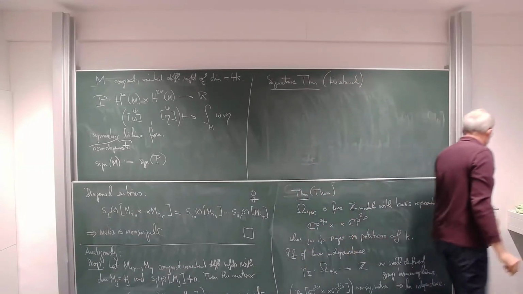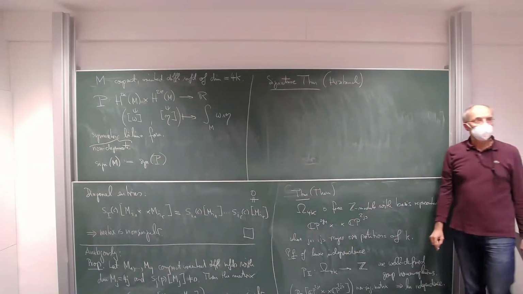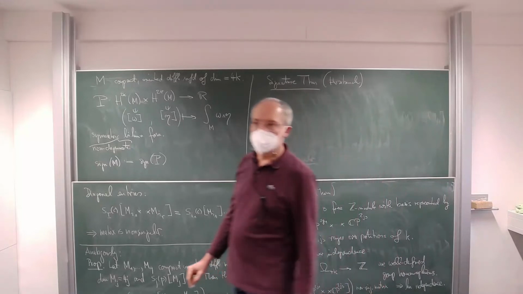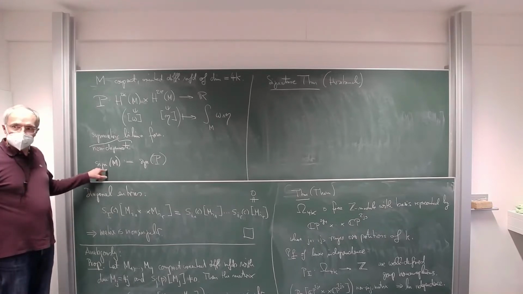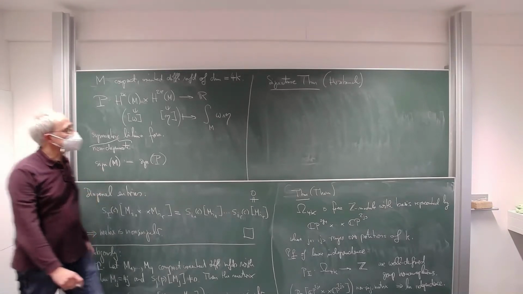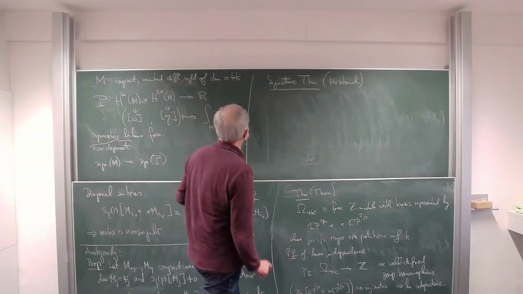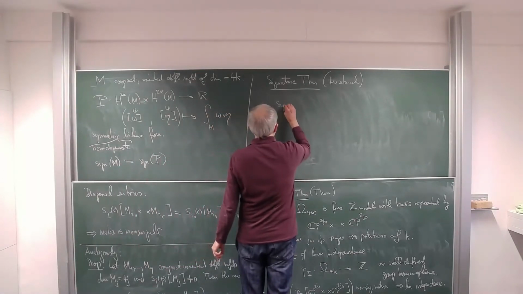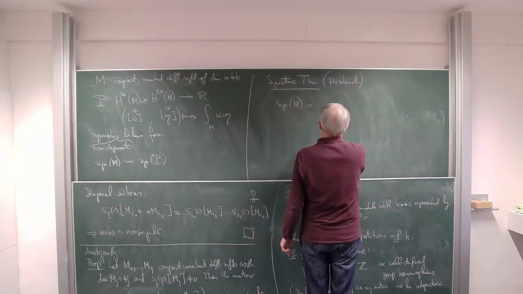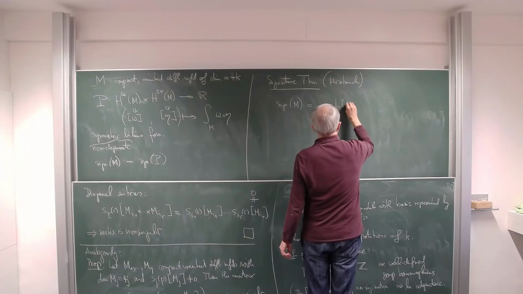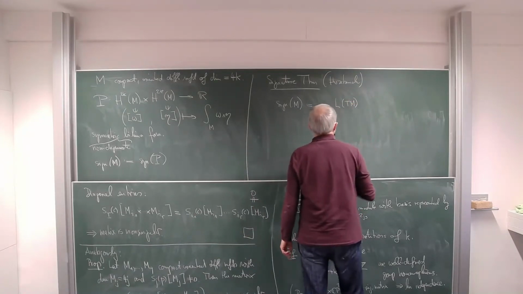It's similar to the Gauss-Bonnet-Chern theorem, where we express a topological quantity, namely the Euler number, by certain characteristic classes, namely the Euler form by Pfaffian of curvature. Here we express the signature of the manifold in terms of a certain characteristic class. So under this assumption, the signature of M is given by, you take a certain class coming from the tangent bundle, the L class,